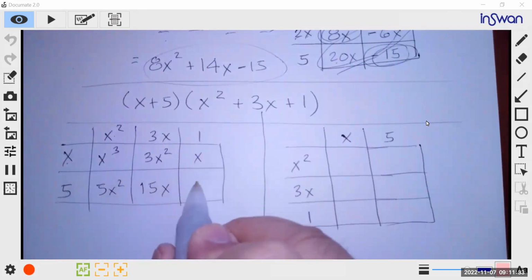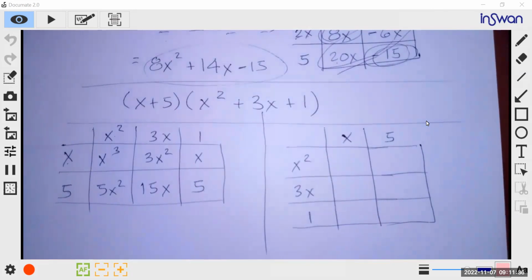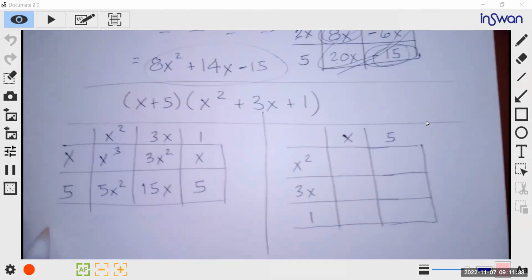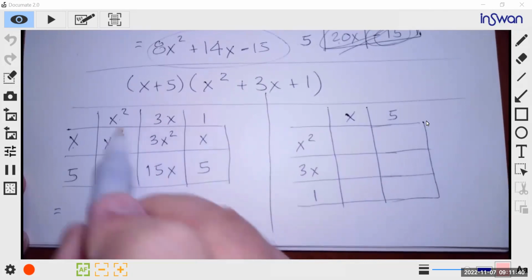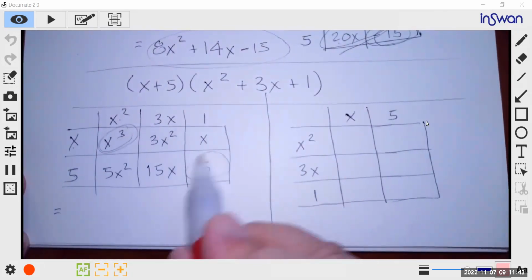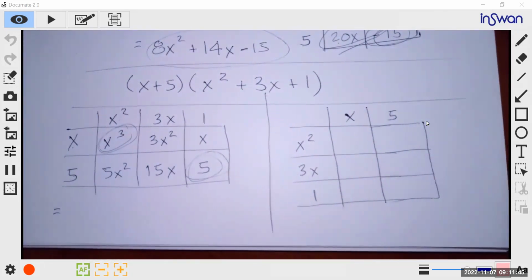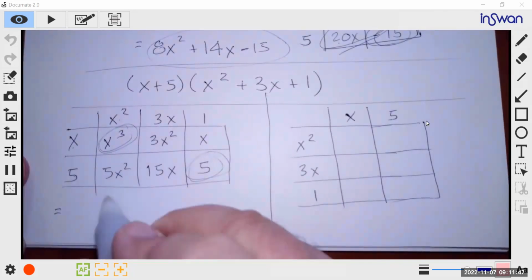And then 5 times 1, 5. So you notice the top and the bottom corner are never touched with anything else. These other ones